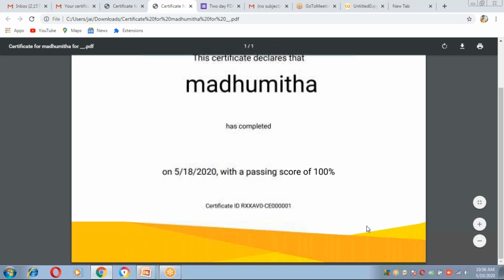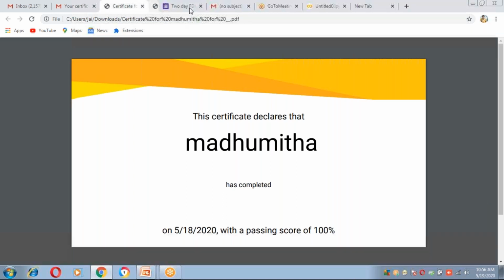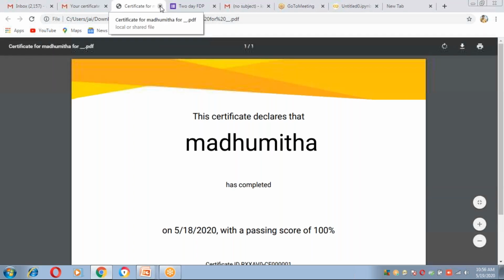But generally this is how certificates are generated. During this lockdown period we are attending so many FTPs and webinar series and getting so many certificates. I want to tell just the basic steps in generating e-certificates. But don't follow this one.